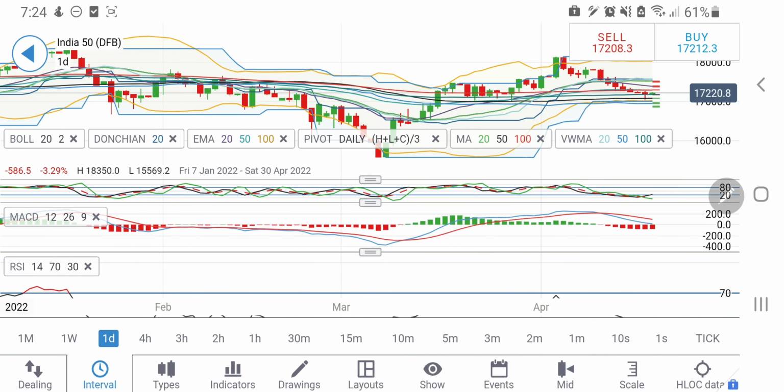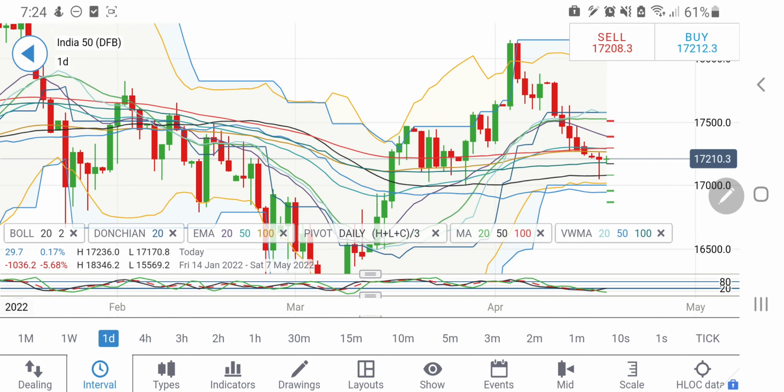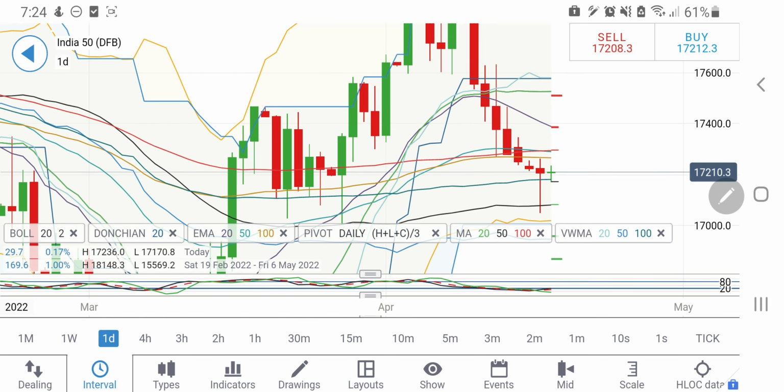Now let's come back to the daily charts here. On the daily charts, if you look at, see, this is a probable reversal confirmation here. However, if it breaks 17,100, one can expect that it may try to drop further. It may try to go back again towards 17,050 levels. Else, breaking 17,300 here and 17,300 here, yes, this is also the 100 period moving average, which may provide a little resistance.